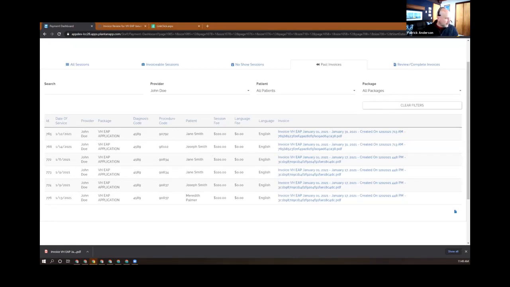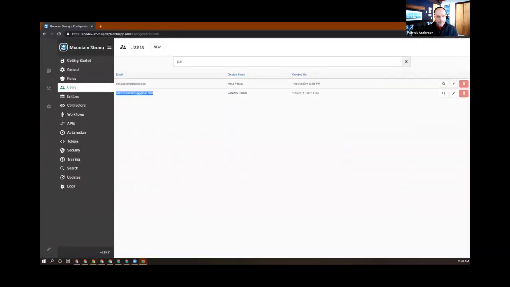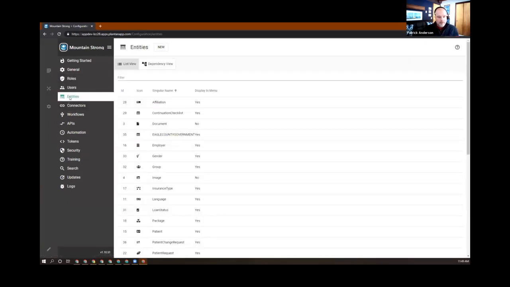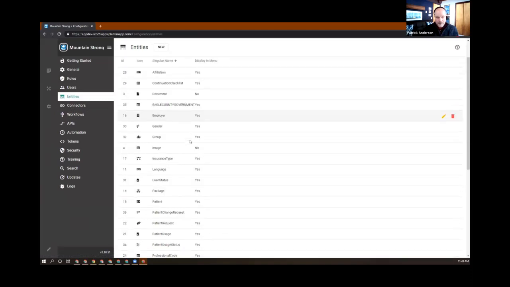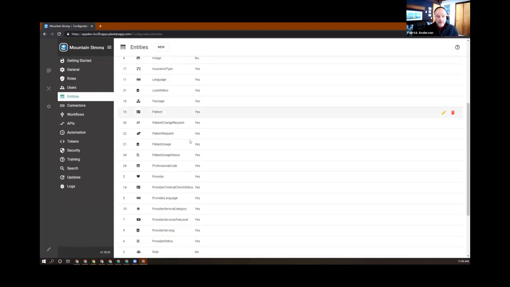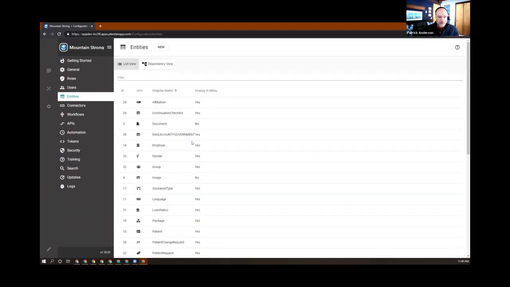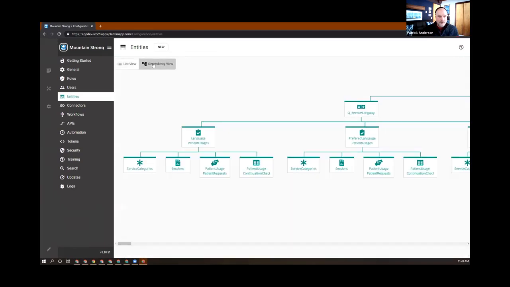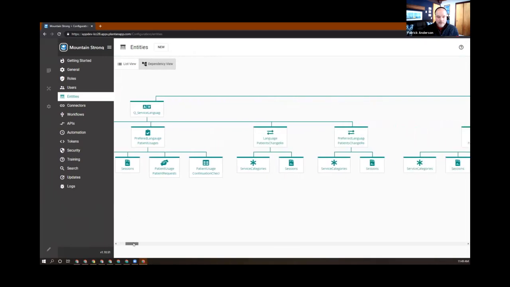So let me switch back to this view here, and I want to switch to entities. And I just wanted to show you the complexity of this application. So, you know, we've covered the main points, but there's a lot going on in this application that we didn't get to take a look at all of it. So I just wanted to show you this view here. And then if I click to dependency view, here's where you can see all the relationships between the different entities